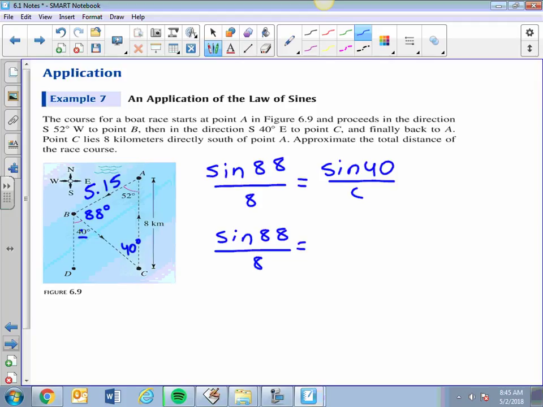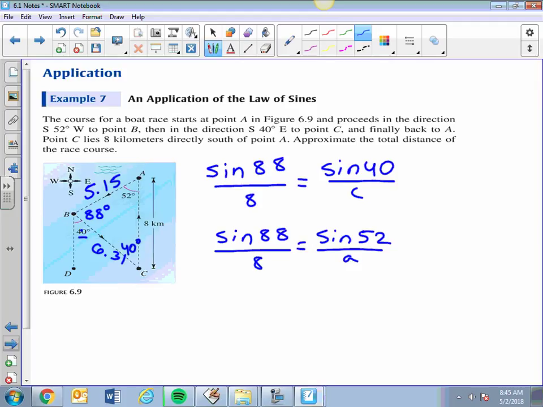Okay, so let's go sine of 52 over, that's little a. There you go. Okay, so again, same kind of deal. Cross multiply here. We got 8 times sine of 52 divided by sine of 88. Okay, so I get 6 points